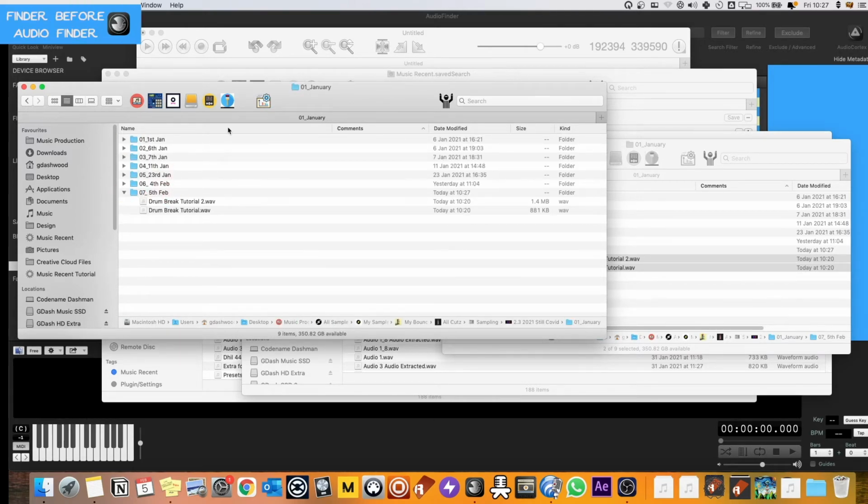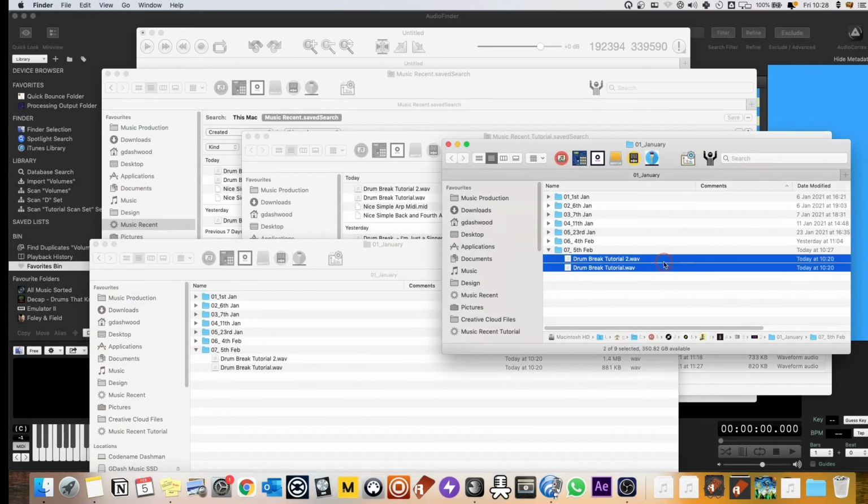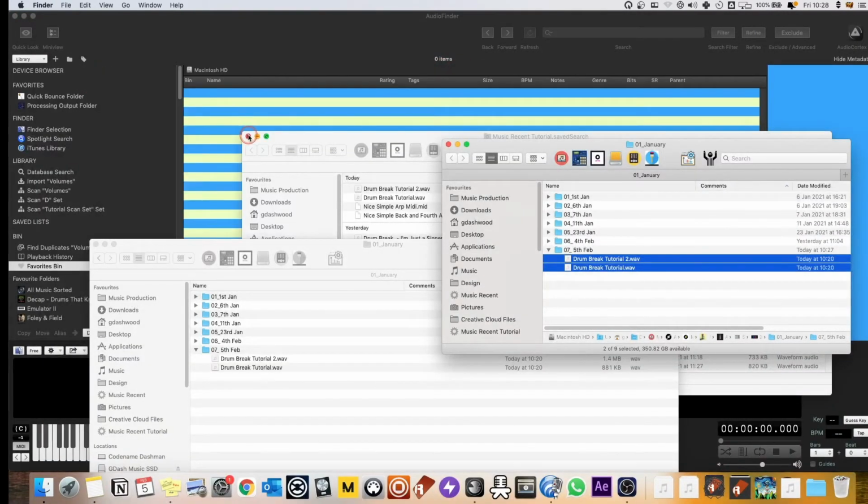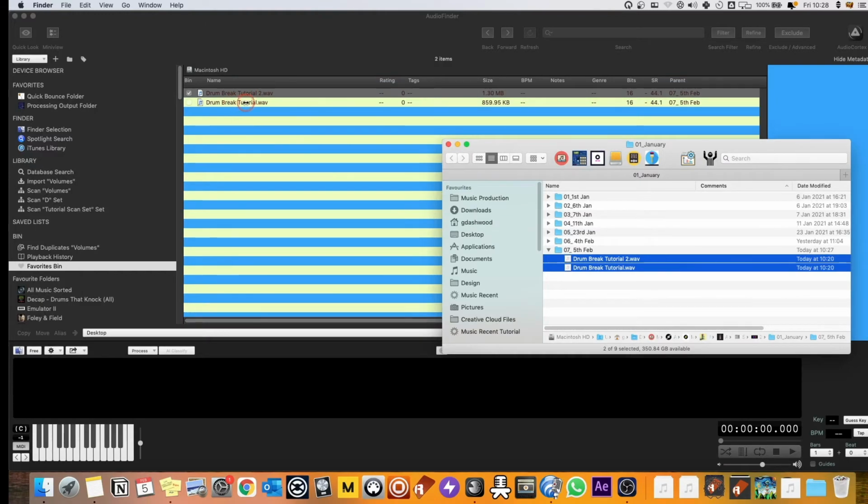One thing I want to make clear is the reason I do all of this before I go to Audio Finder is so that these files are now in their final place where I'm just going to leave them. Because if I start moving these files around after I've dragged them into Audio Finder, then they're going to lose their location. So if I show you, if I just get rid of all this stuff, now these files are in, but if I